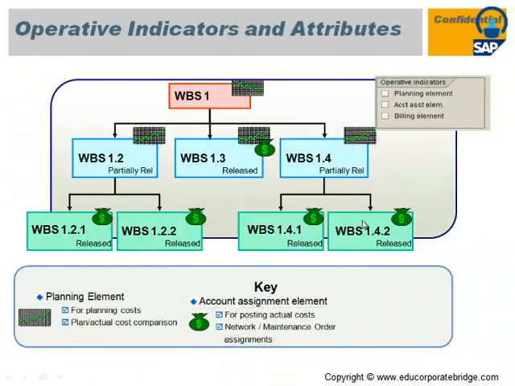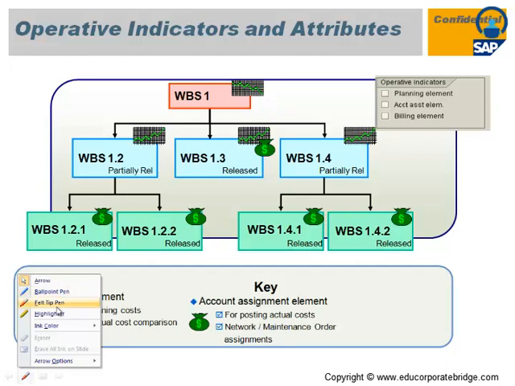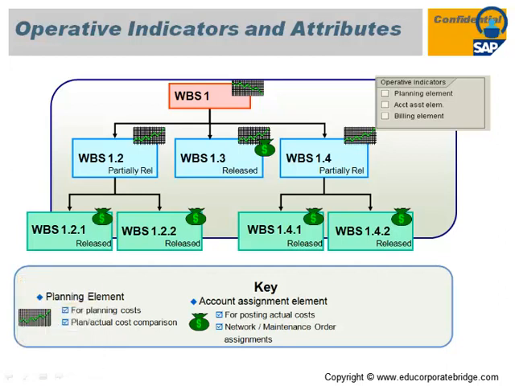So these are the operative indicators which I have told in my earlier slide. That is the planning element, account assignment element, and the billing element. These are the three operative indicators which are available in the SAP Project System module on each WBS level. According to the planning element, if you tick this indicator, the system will allow you to maintain the plan cost across